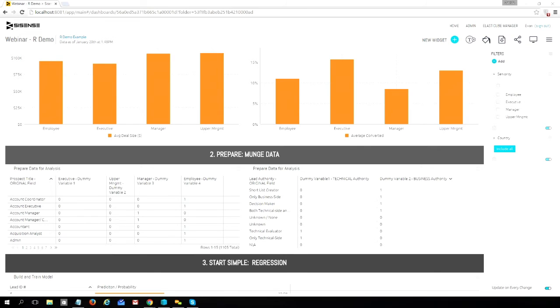Now, right now we have four possibilities. We would only create 3 indicator columns, as we'll talk about later. So here in Sisense, we can see we have pre-prepared the data by creating these indicator or dummy variables. This way we can go and do the math.